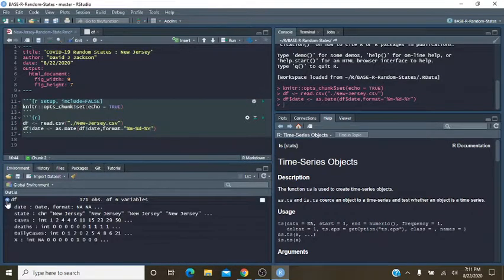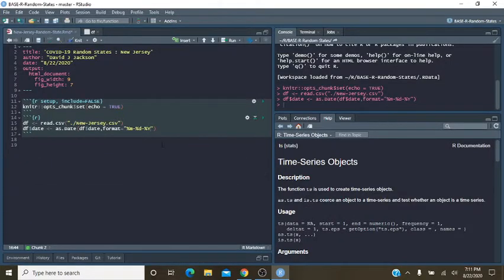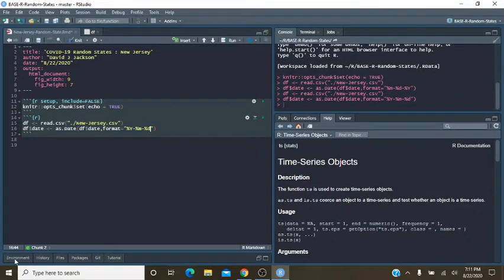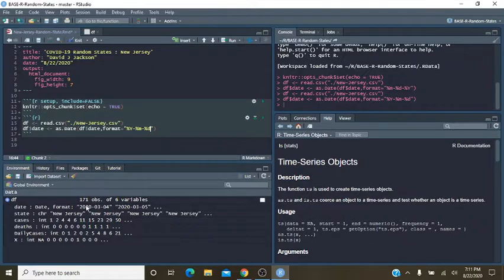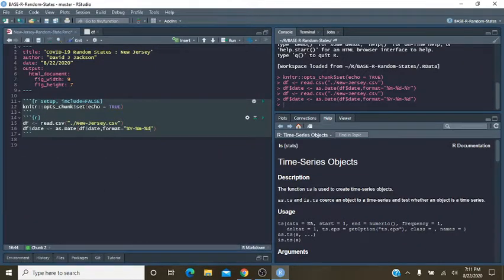Just check our date format. Oh, let's do this. Year, month, day. And as we like to do, let's start with a plot of.